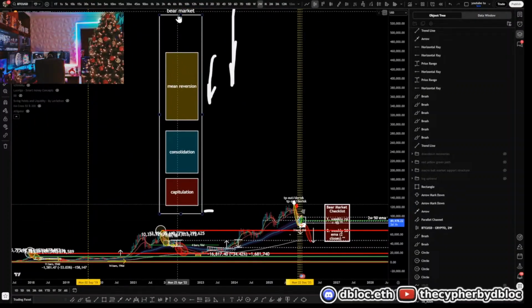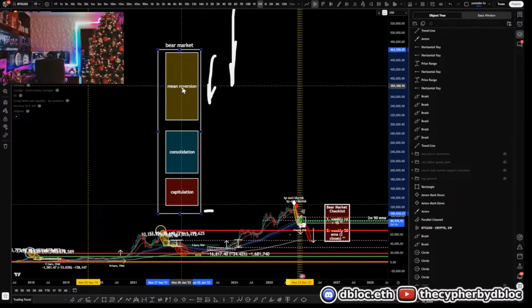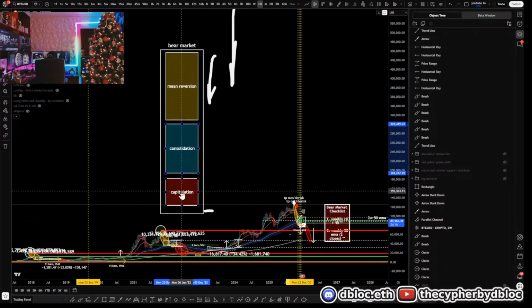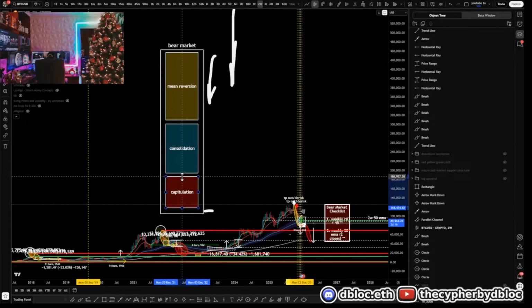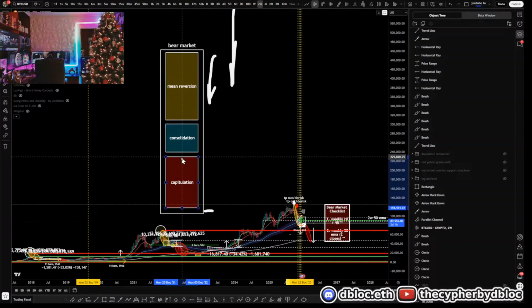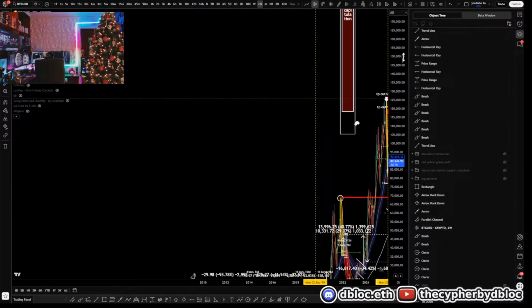You get your mean reversion phase, where price comes down to the 50 on the 2 week. Then you get your consolidation phase, where price consolidates on that 50 and gives you your dead cat bounce. And then you get your capitulation. Right? So if we go back and look at prior bear markets,